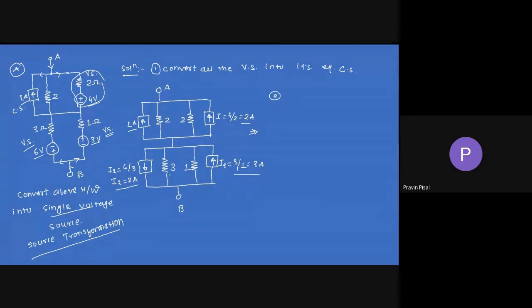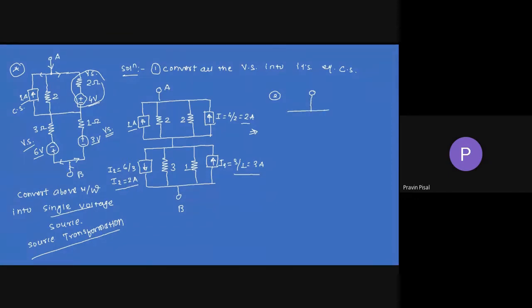So these are also added, but here it will not be an addition, because one current is going downward and one current is going upward. So we have to subtract. Okay. So in the first portion there is addition, and in the last portion there is a subtraction. Subtraction is due to the direction of the current. If the direction of the current is the same, it will have addition. If the direction of the current is reverse, it will have subtraction. Okay. So now I will draw the third step.